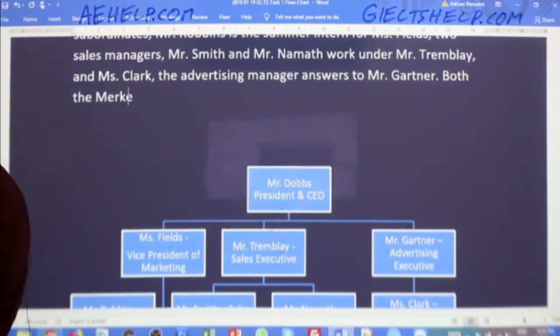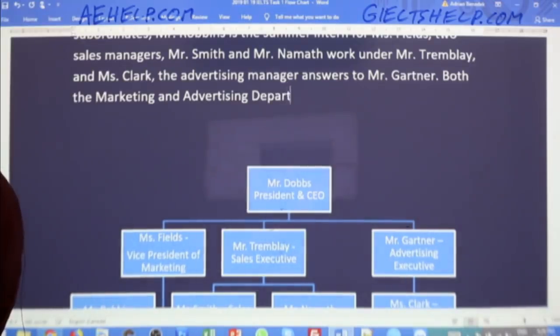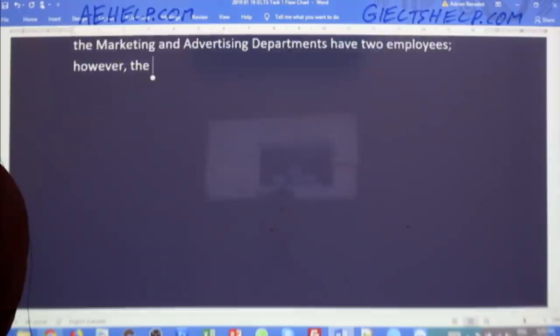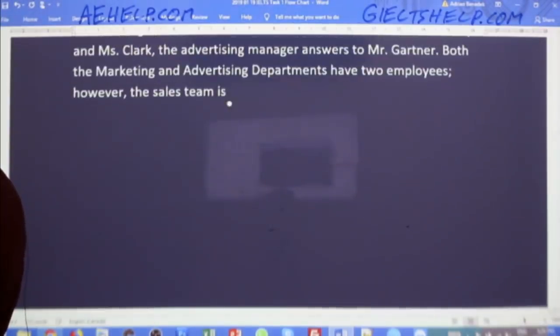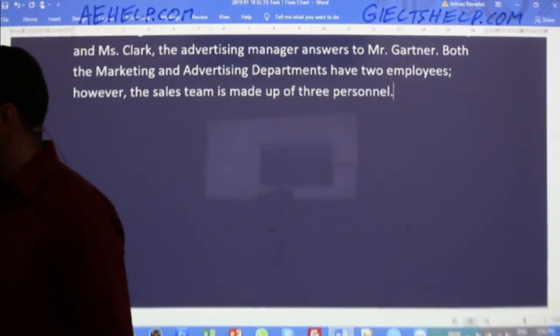So both the marketing and advertising departments have 2 employees. However, the sales team is made up of 3 personnel. Okay. All right.